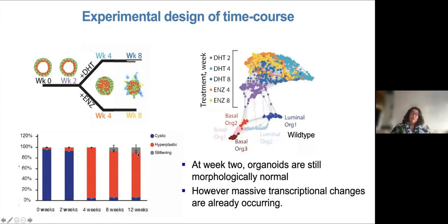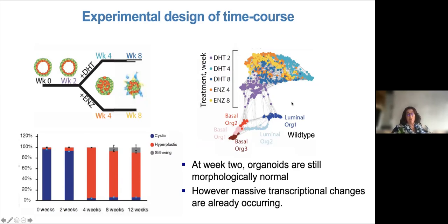Now, when we look transcriptionally, we saw that the wild type is very nicely organized, and at the transcriptional level, really organizes into 5 distinct clusters. 3 of them very clearly basal. 2 of them very clearly luminal. And so you have these 5 very distinct clusters. You have a clear distinction between basal and luminal transcriptional states.